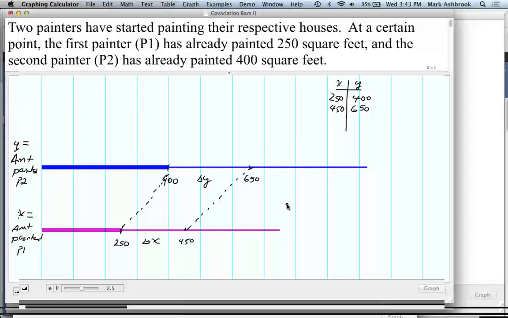250 over 200 would be 5 fourths. No, 250 over 200. Oh, 5 fourths. And it is 300 to 375, 5 fourths. Or 375 to 300, 5 fourths. Yeah. Okay, so it's like one thing. We're in change.